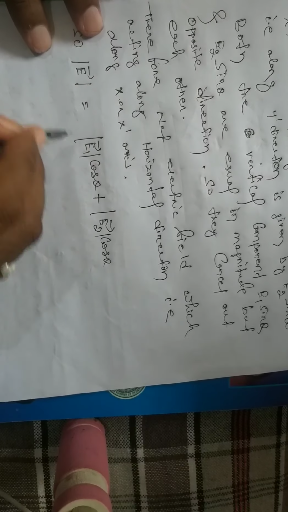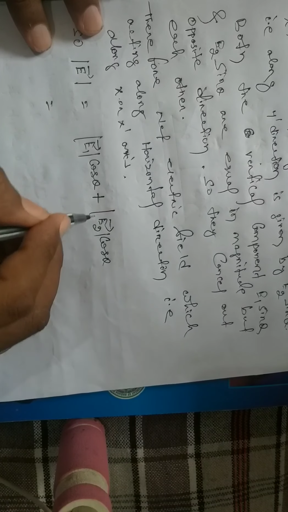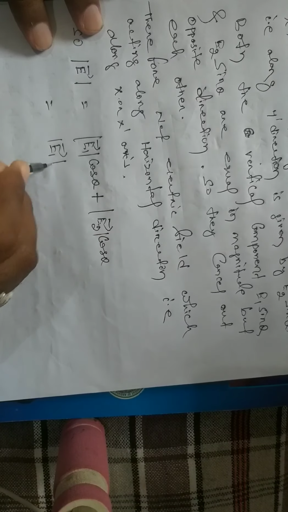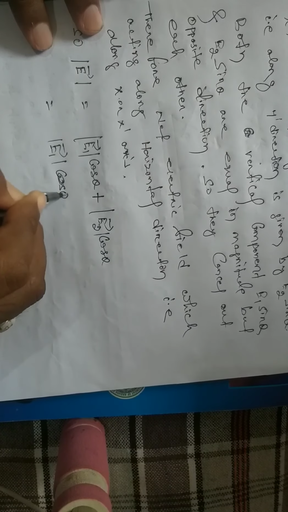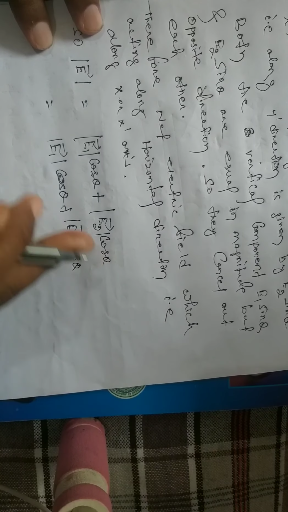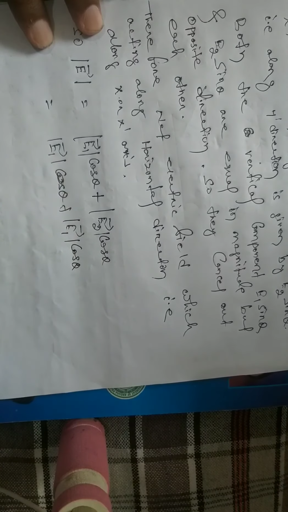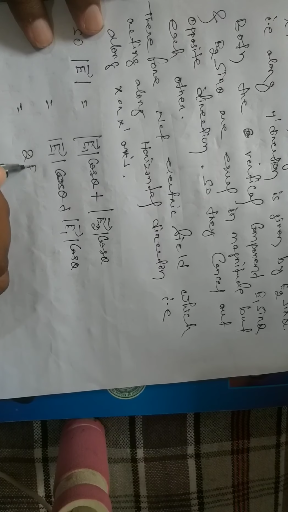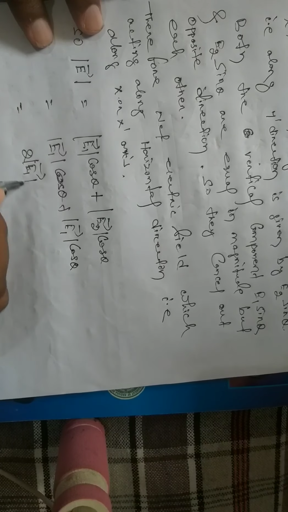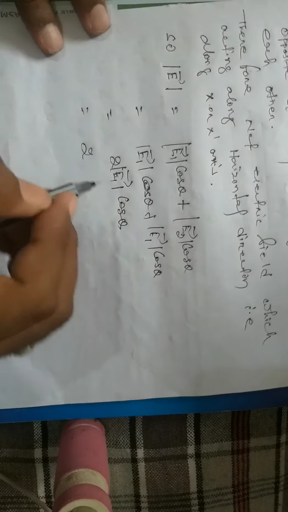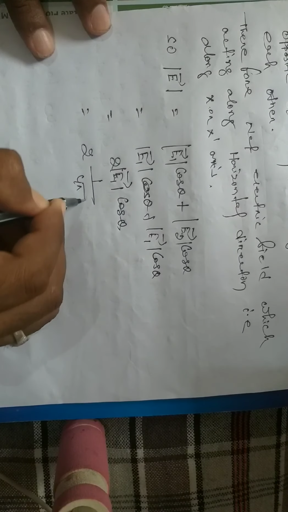Clear? So E1 means what? That means E1 and E2 are both equal in quantity, so here we write E1 cos theta plus E1 cos theta, because E1 and E2 are in the same direction, so you have to represent them as a single electric field. So that's why 2|E1| cos theta. So 2 into 1 by 4 pi epsilon naught